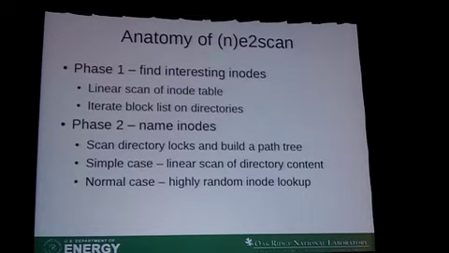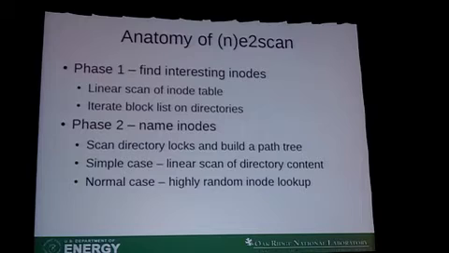So e2scan, the way it works, phase one, we go out and we scan all the inode tables. Let's find out what's interesting to us. So we just do a linear scan of the inode table, and this can actually go really quickly because, hey, big chunks, we can do real large reads. We also sit there for each one of those, we end up iterating the block lists. If we find a directory inode, we say, okay, well, we want to iterate and get all the blocks that are associated with this directory so we can come back later and get the directory contents. So we've got a linear scan, and then we've got this somewhat random IO component that goes with that.